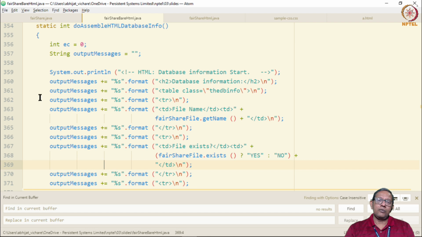Here is how we collect the database information. Notice that it is now organized again using HTML tags, as they are called. We are organizing the database information as a table. On the left hand side of the table, we are going to say what is the information that this particular row contains, and in the second column we are actually going to give that particular information. So for example, we are going to say what is the file name of the particular database file, and on the right column we are going to display the name of the file.